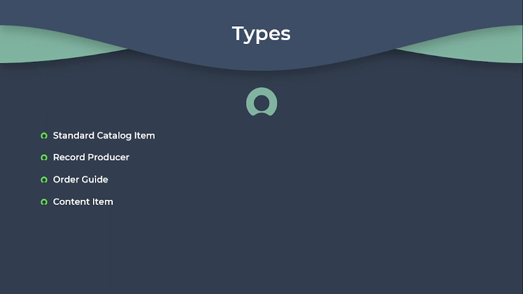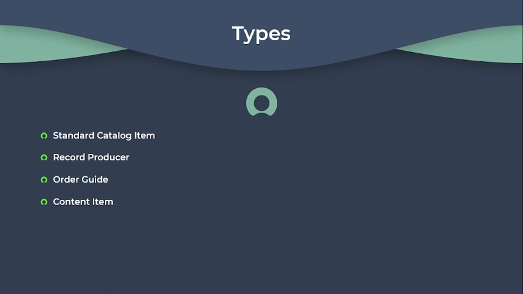Standard catalog items can include IT services, hardware software requests, facilities services, HR services, etc. Users can browse the catalog, select the standard item and submit a request for it. Then record producer. A record producer allows users to create records directly from the service catalog. Unlike standard catalog items that represent predefined services, record producers allow for more flexibility as users can input data to initiate a specific process or request.